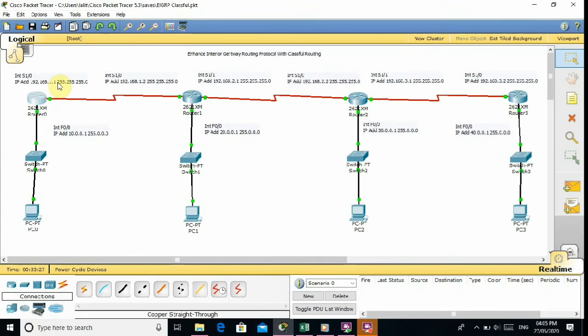Now I go on router second. There will be the same configuration on router second. Only the IP addresses will change.